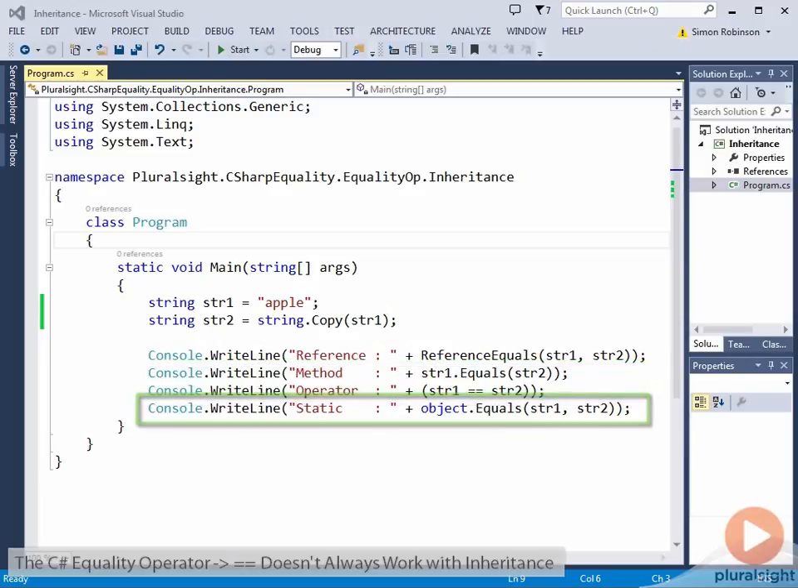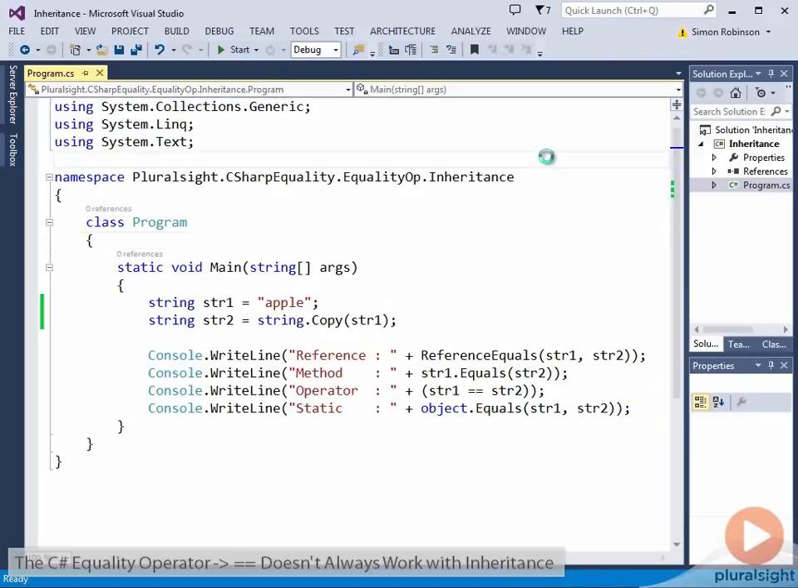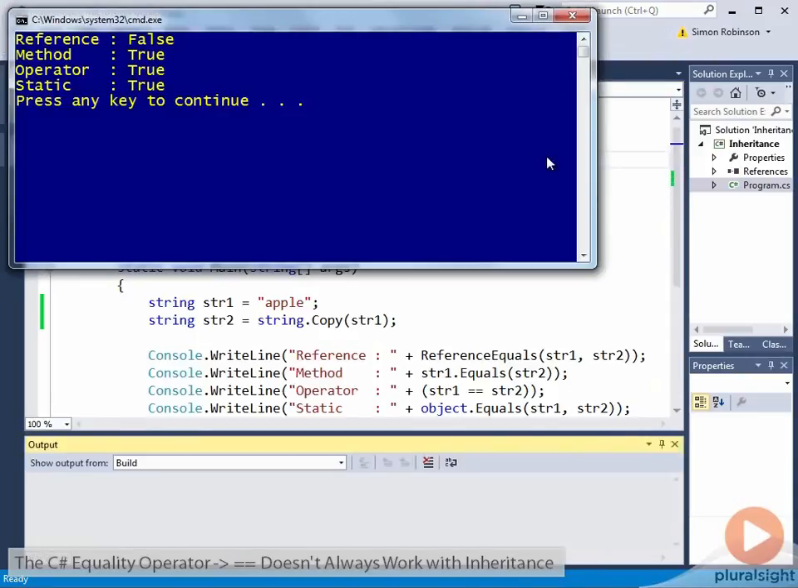We should know by now what this will do. Reference equals will return false because they are different instances. All the other methods will return true. I'll just run that. That's what we expect. Now I'm going to make one change and change the variable declarations to be of type